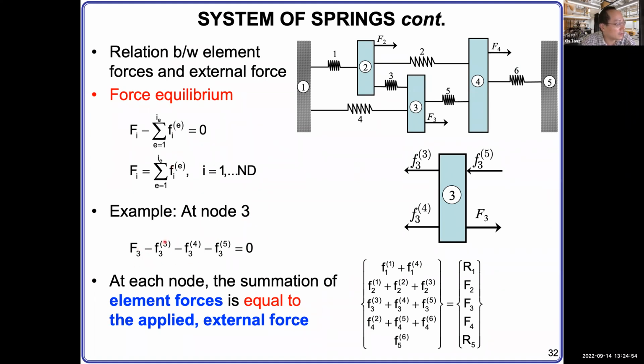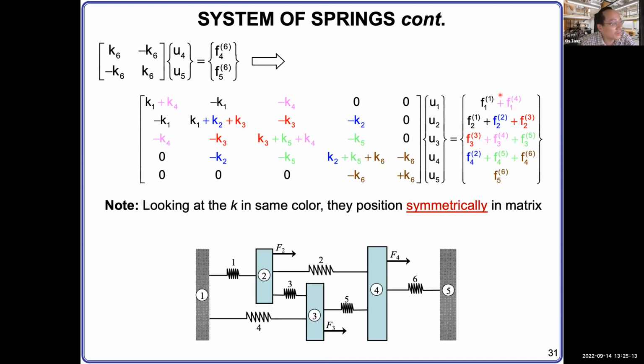So this equation is valid. This equation also tells us that all the force summarized together from different springs, added together, equals the external force. That means in the equation we just showed here, we assembled a global equation. On the right hand side, once we add all these forces together from the springs, if we did it correctly, then each one can be replaced by the external force.